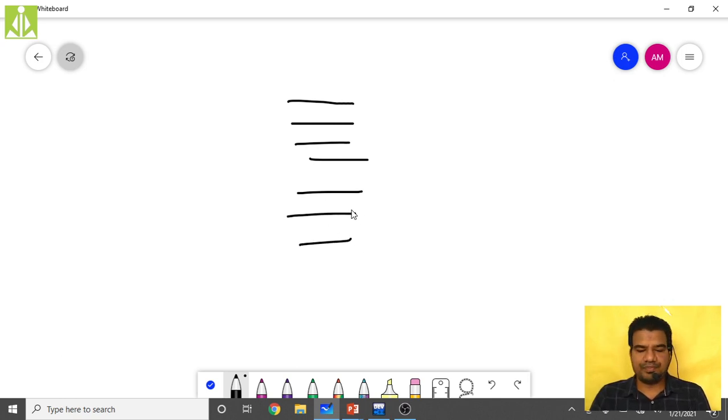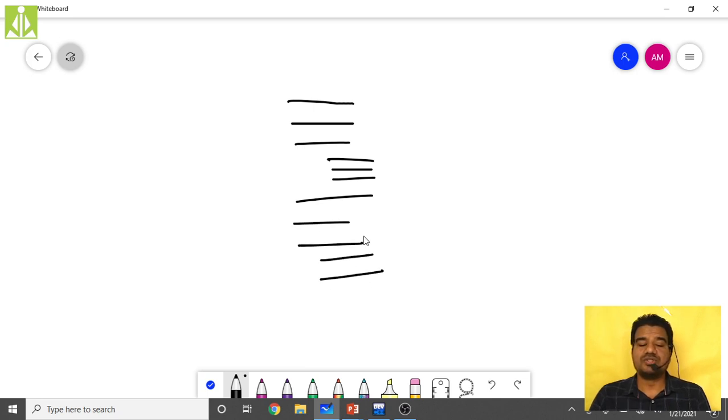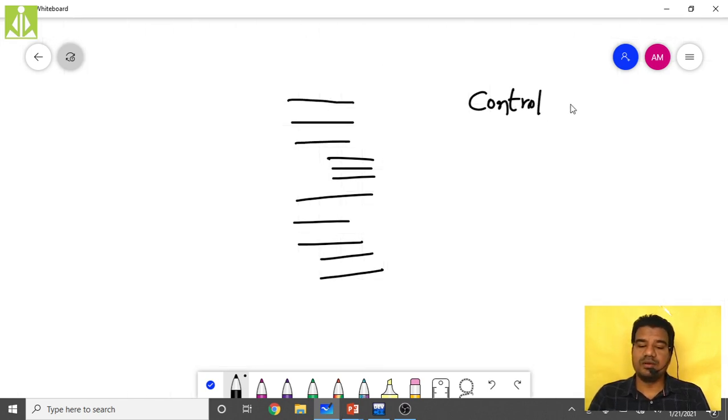Like this we have written statements in our program, without any control structure. Conditional statements and iterative statements, we call them control structures. These control structures are of two types.